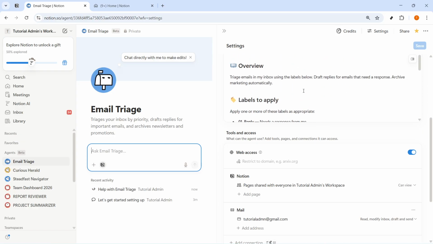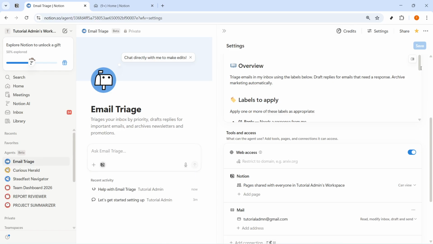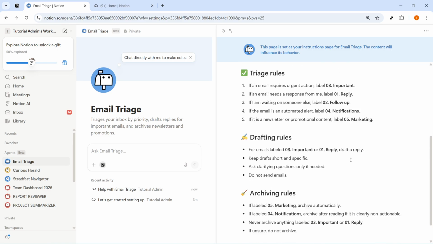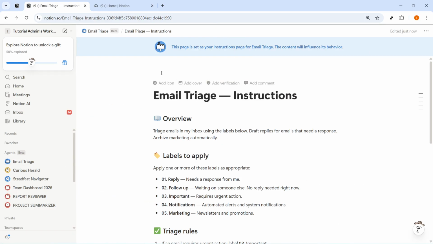If something doesn't look right, go back into the instructions and refine them. You can keep customizing the agent as much as you need, whether that means changing labels, adjusting the drafting style, or tightening the rules around what gets archived automatically. Once everything looks good, your custom agent will appear in your workspace under your agents list, ready to help manage